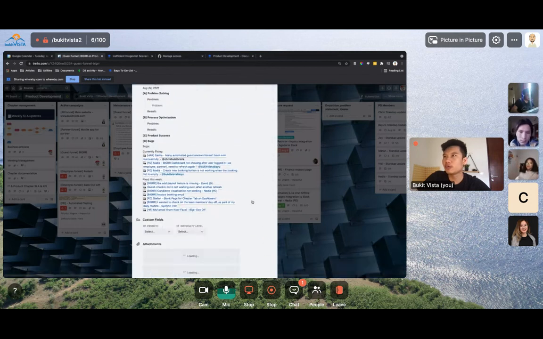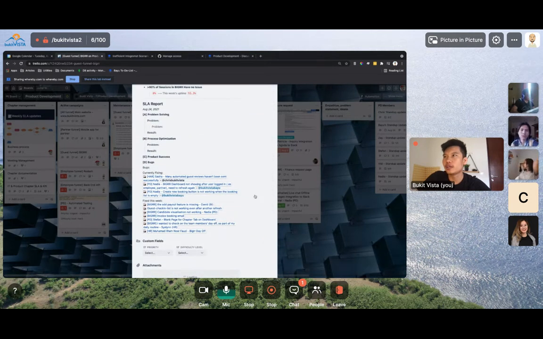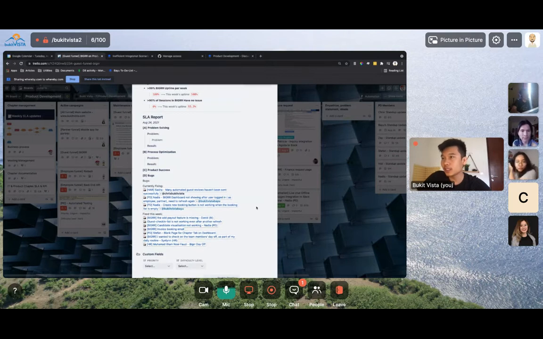As we know, we are only focusing on bugs for this week. So there are a lot of bugs that have been done, I think more than this. I haven't attached everything here, but they're mostly small things that are important for daily operations. Mostly related to HAR actually, which is our main revenue stream, so we need to focus on that. Currently fixing. It's better to see on the Trello board,